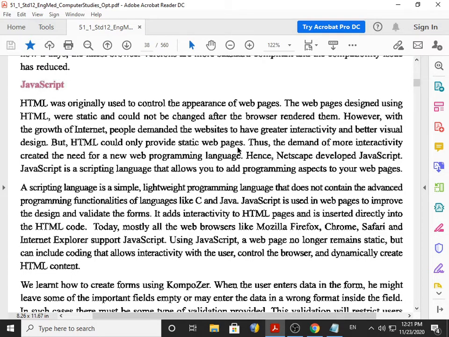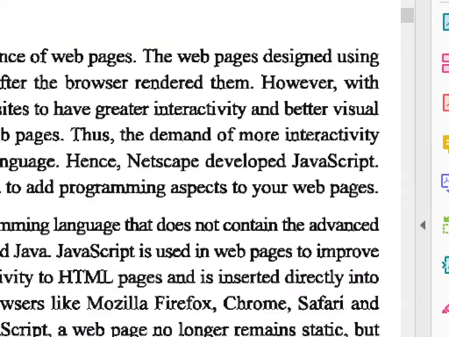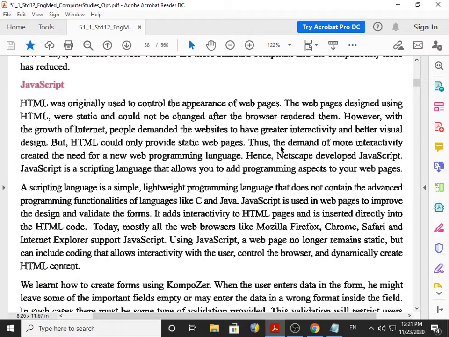And hence, please mark this very important sentence: Netscape developed JavaScript. JavaScript is developed by the Netscape company. And JavaScript is a scripting language, whereas HTML is a markup language. And that allows you to add programming aspects to your web pages. Programming aspects means calculations, conditions, testing, conclusions. These are all essential elements of a programming language. So those aspects you can add in the website with the help of a scripting language, and that is JavaScript.